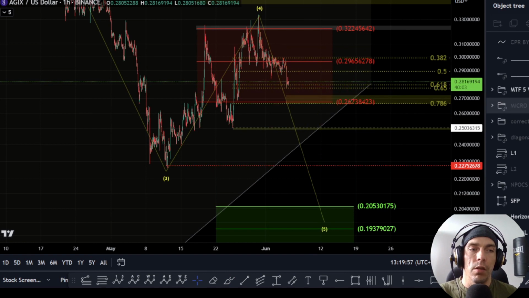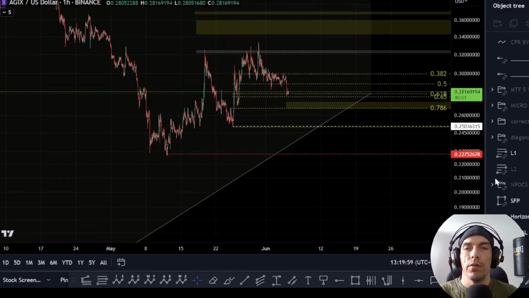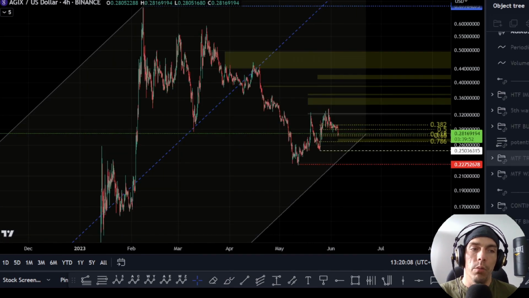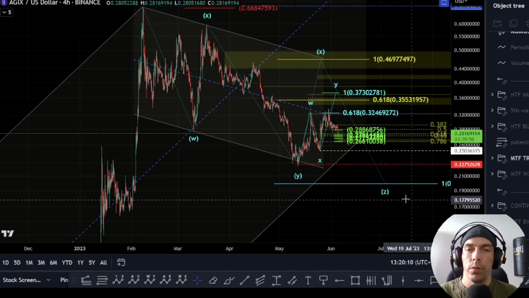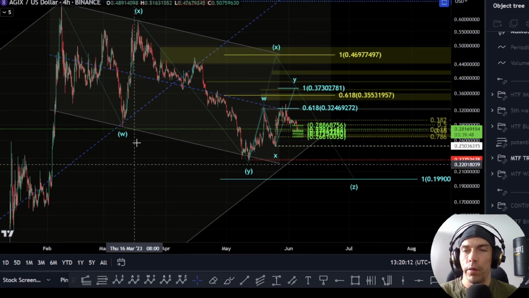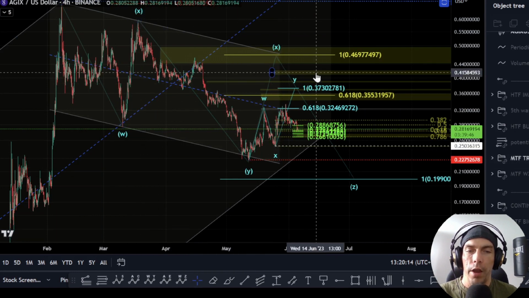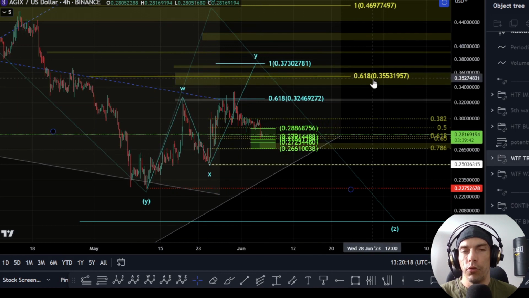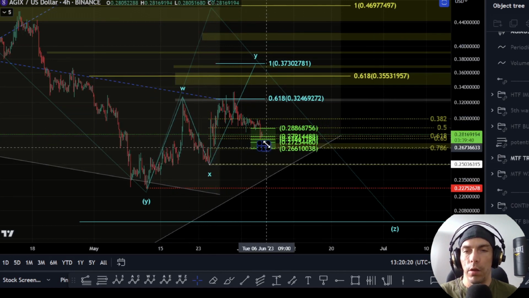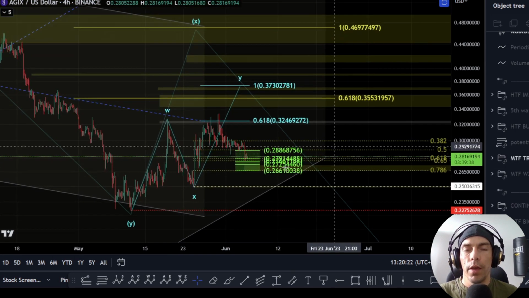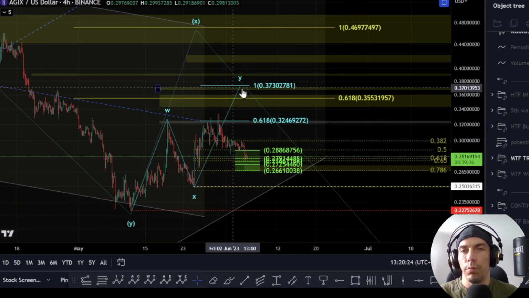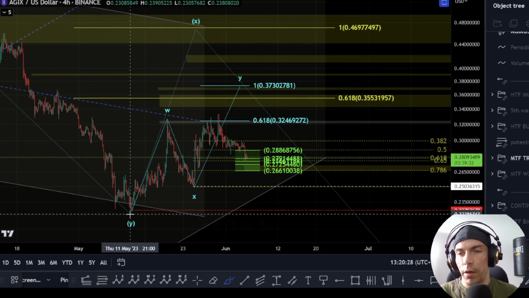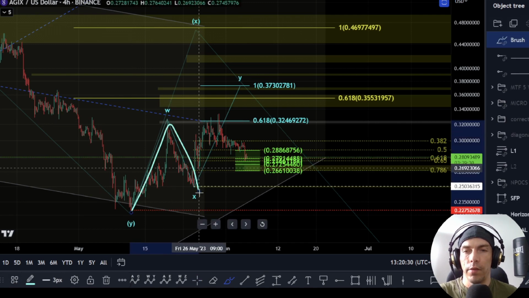Now, the other way we were discussing this is that the move could actually just be a bigger corrective structure, where we're looking at this as a triple 3 here. Now this would be looking at this as a WXY, looking for an X wave again and a Z wave. So really, as long as we continue to push to the upside and set and hold these higher lows here, we can still look for the potential that we're actually looking to push away from the zone in a corrective manner rather. Now what we'd be looking for here is that this would be W, this would be X,